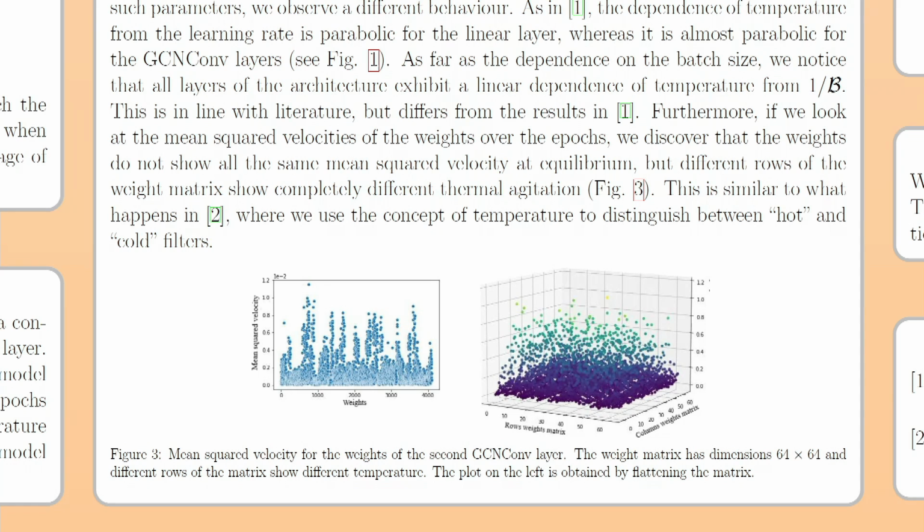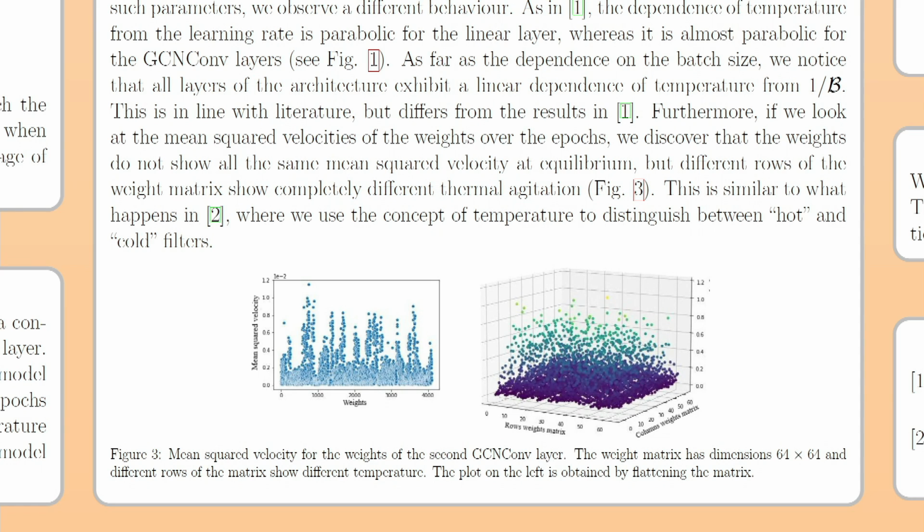What we think, with a connection to what we discovered with CNNs, where we tried to use this reasoning of temperature to prune the parameters, is that during the study on CNNs we discovered that the cold filters, so the ones that had low velocity, low temperature, were the strongest in learning, because if we eliminated, so we pruned, the hotter filters, the ones with the highest temperature, we discovered that the behavior of the model was the same. Maybe I was confused, but maybe I can explain it better.